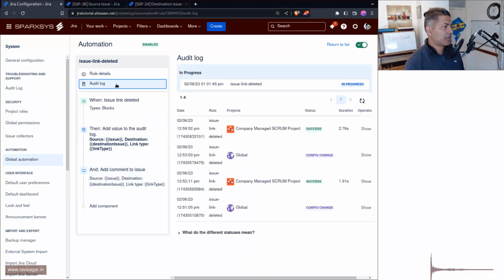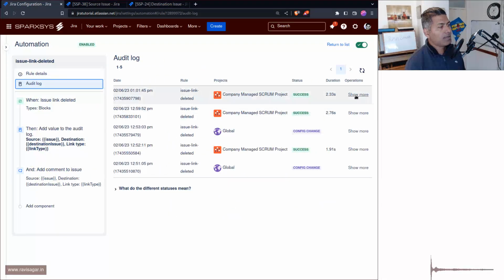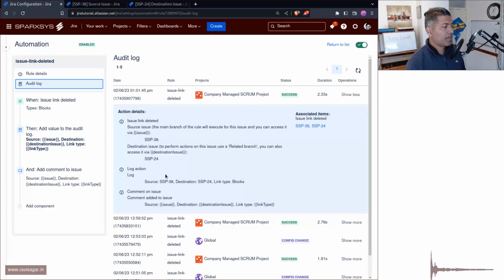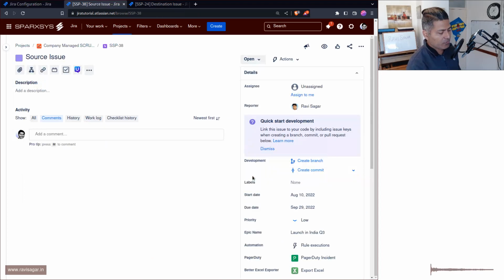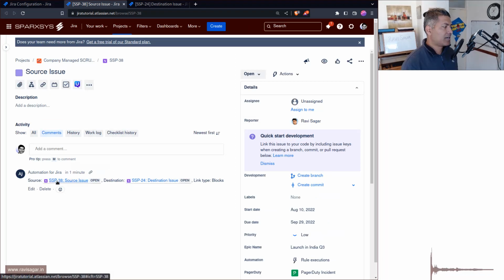And if I go back to the audit log, and if I look at the rule, it says here success, and it will also print here, okay, the source is SSP 38, the destination is SSP 24, and the link type is blocks. So you can actually retrieve this information. And of course, in this example, I'm just showing you how to retrieve the information, but in reality, you may want to send an email or do something about it, right? And you can see here that there is also this comment added, which you can use. So this is useful, and I think you